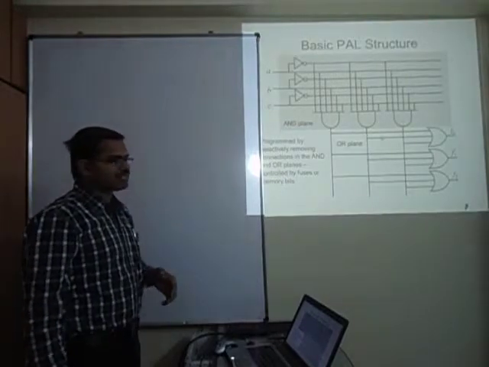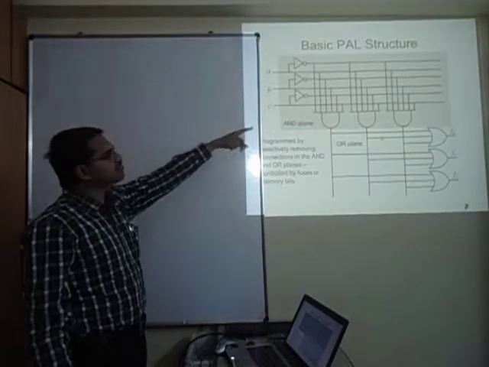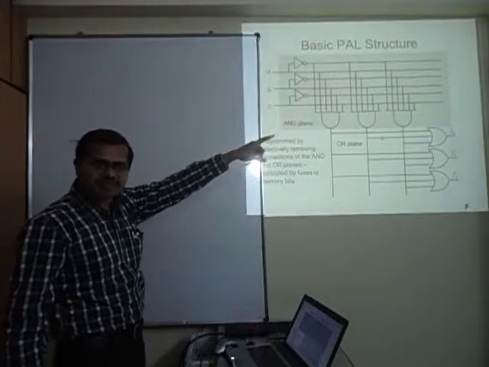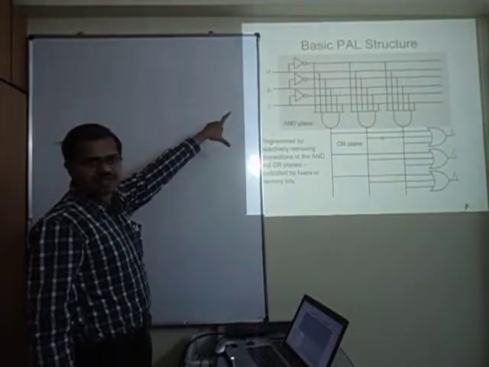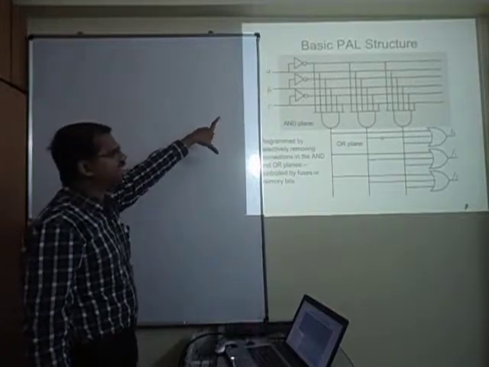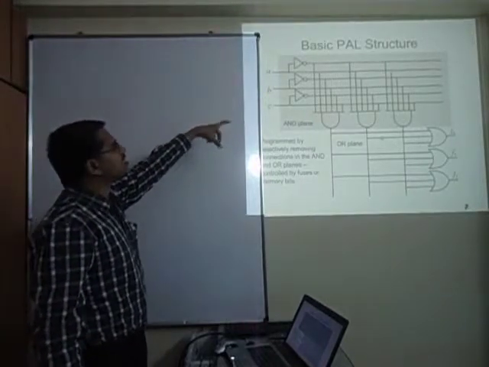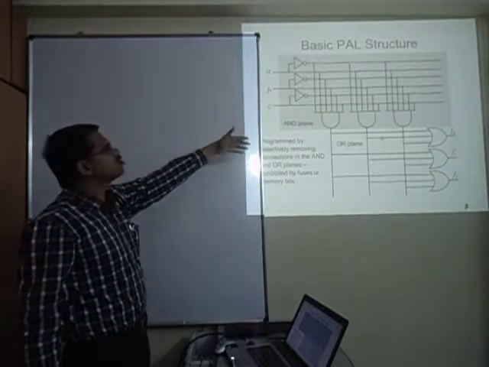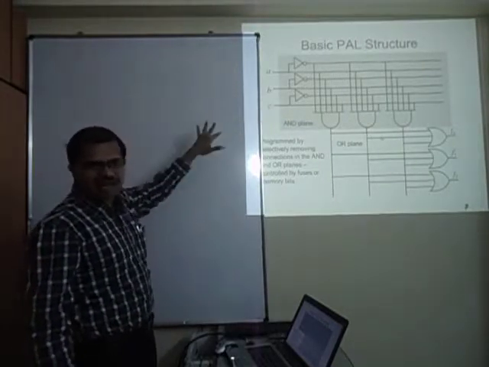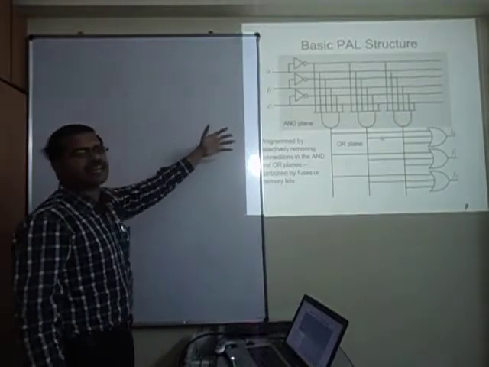So obviously one can guess. If you want to make product of sums, the sum terms will come first, right from the input literals. We use one formal word in digital circuit theory, a literal. So A is a literal, A bar is a literal, B is a literal, B bar is a literal. So from literals, first you will have OR gates, then you will have AND.